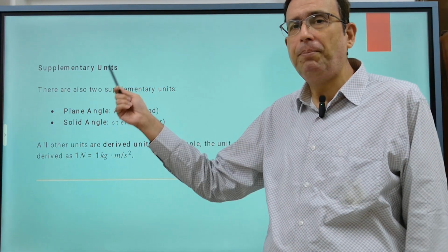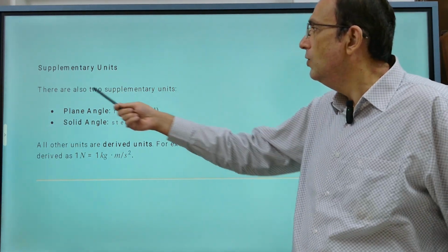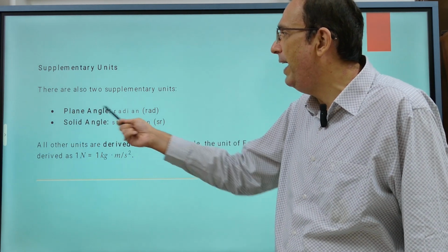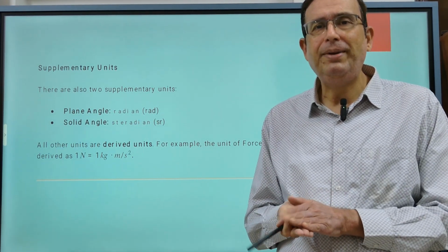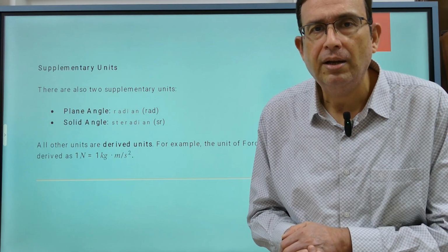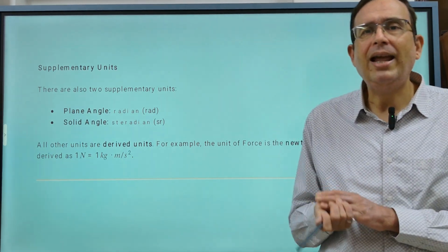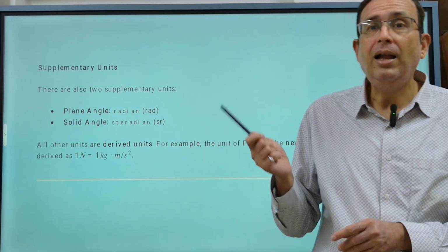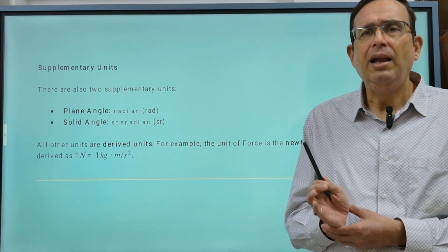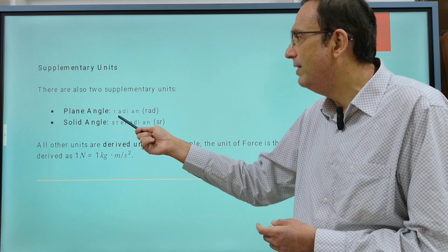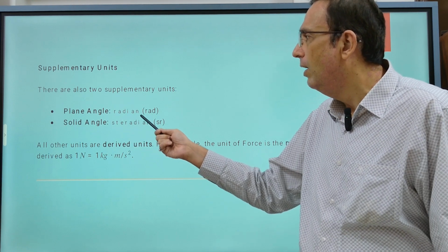Apart from this, there are supplementary units. There are 2 supplementary units, like the plane angle. When we're talking about angular displacement or angular position of an object, that is, at what angle, for example, you're measuring the angle of the top of the tree from the base, the SI unit for that would be radian, and the symbol